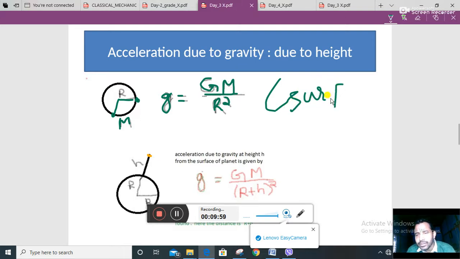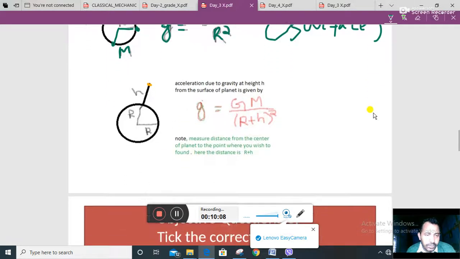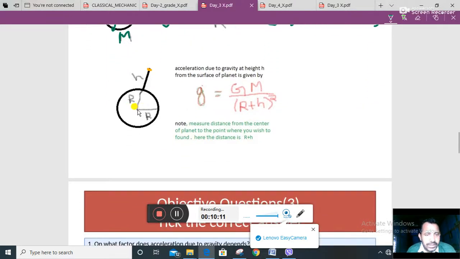Now what is the value of acceleration due to gravity at a height? Or you might get a question, calculate the acceleration due to gravity at the top of Everest. It means the height comes in. Now the same problem is over here. This is also r, and this is also r, and this is the height h. Generally h refers to, note it down and listen to me carefully, h refers to the height from the surface of the planet.